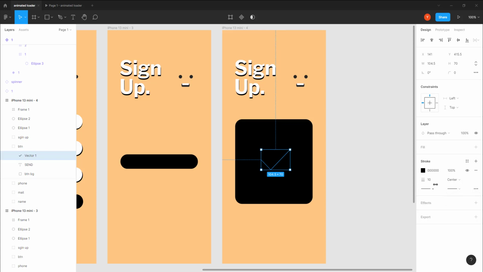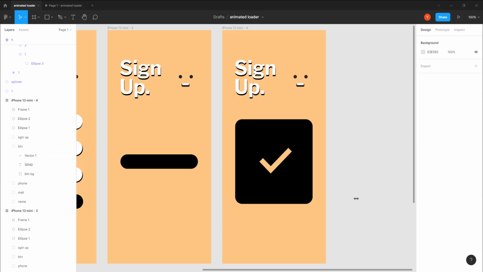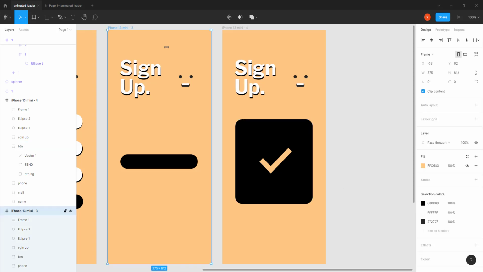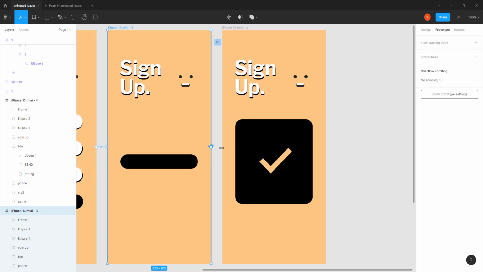I am going to give it this color and even something like that. You can do an illustration, kind of like a success message, etc. As I said, I'm not going to go really into it right now, but this is just an example of what you can actually do with it. And if I connect this one,